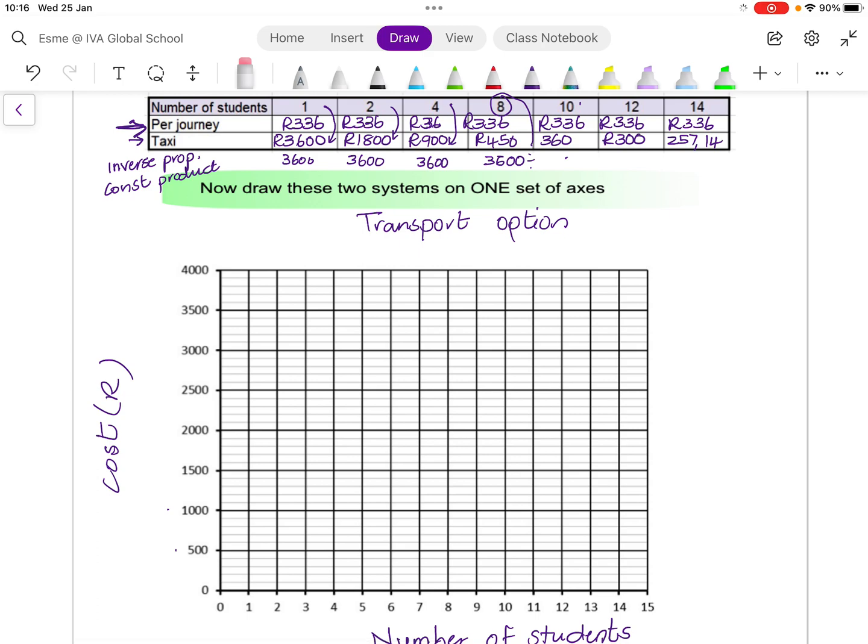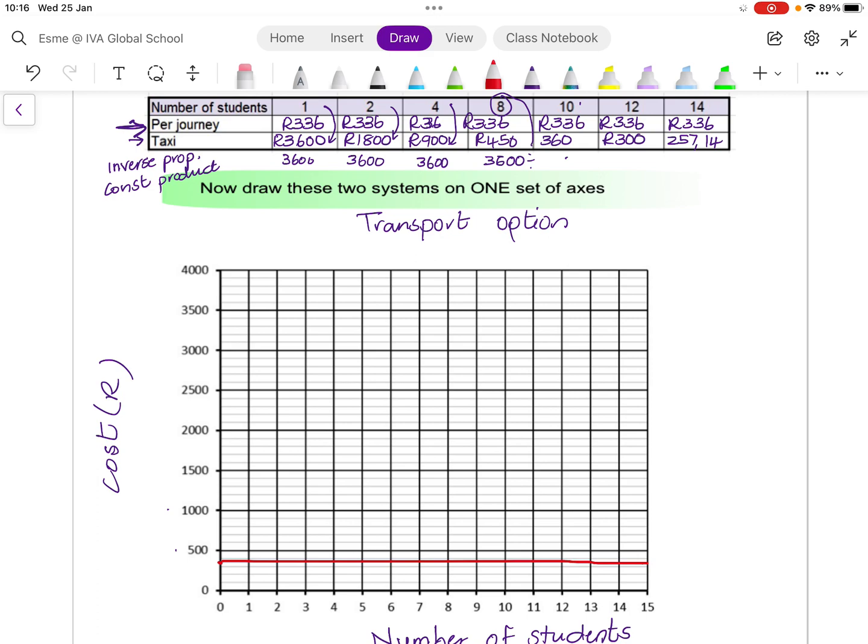Right, so the first one, per journey, I have a look and I find one student, it is going to be 336 Rand. So 500, so that's 1, 2, 3, 4, 5. So this is 1, 2, 3, 336 is just over there, and that was a constant